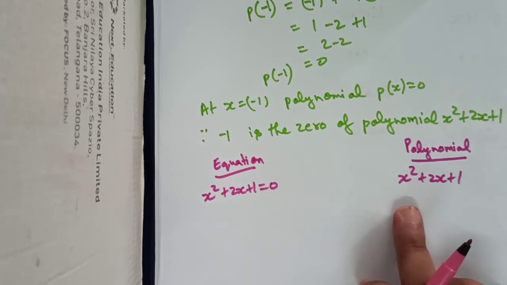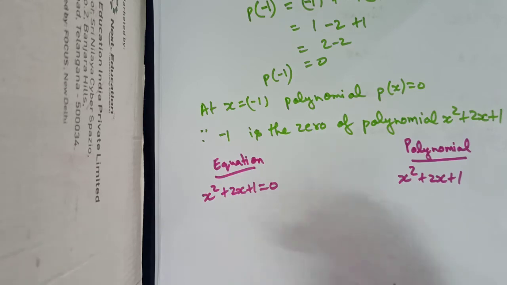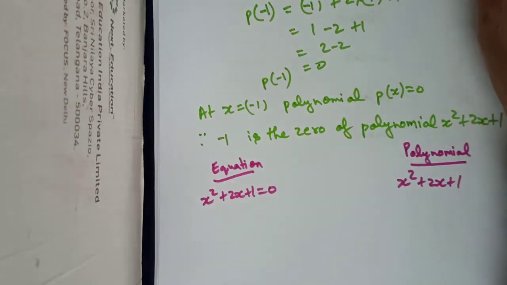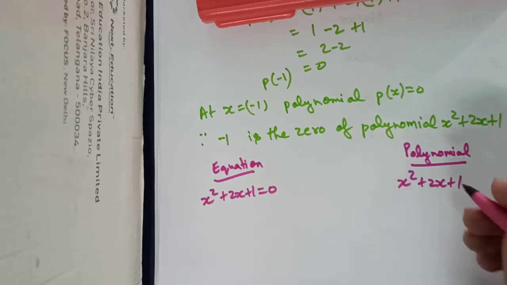Okay, this is a quadratic polynomial and this will be a quadratic equation, since the highest power of the variable, or the degree, is 2. So this is called a quadratic equation, and this is called a quadratic polynomial. On substituting the value of x as minus 1, we are getting the value of the polynomial